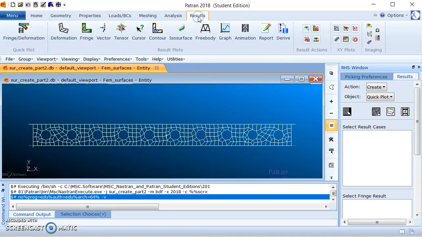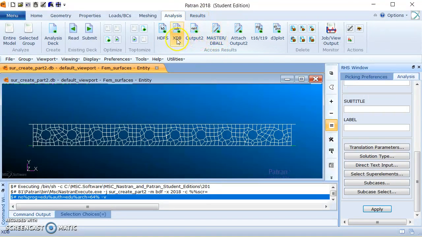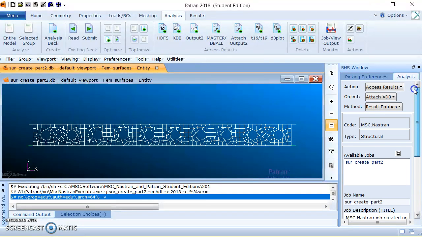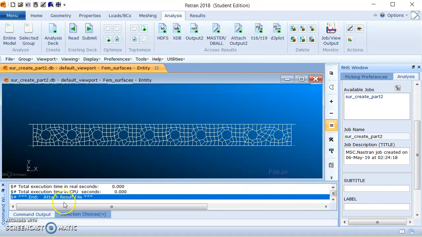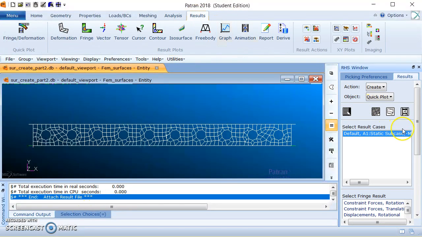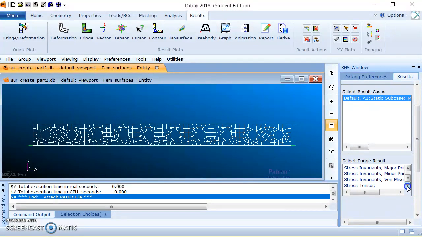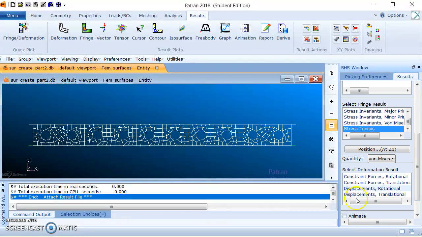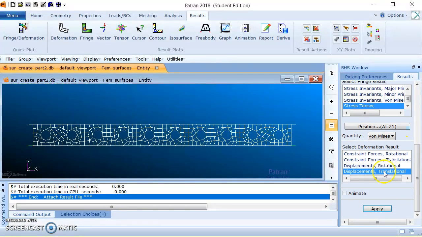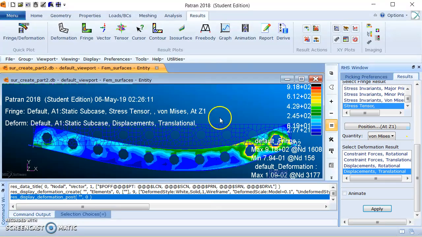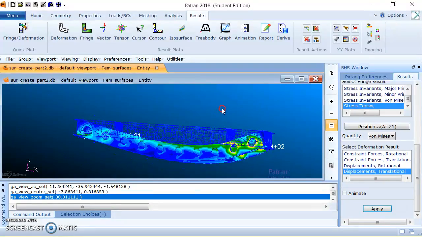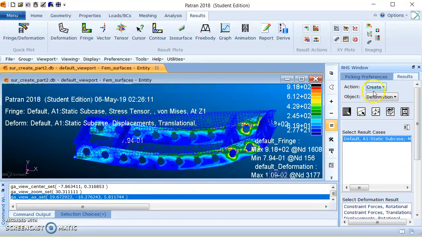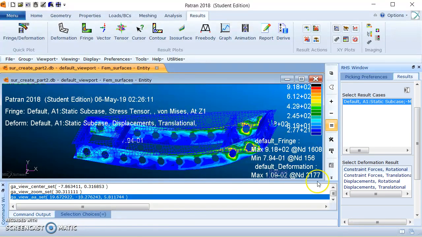Now we go to results, analysis. We put XDB, attach XDB result. We click apply. Attach results file. Now we go to results. We go to stress tensor, placement, stress tensor, displacement, translational, apply. Then we have the results here. And that's it for this one. Now we click on create deformation. Then we click